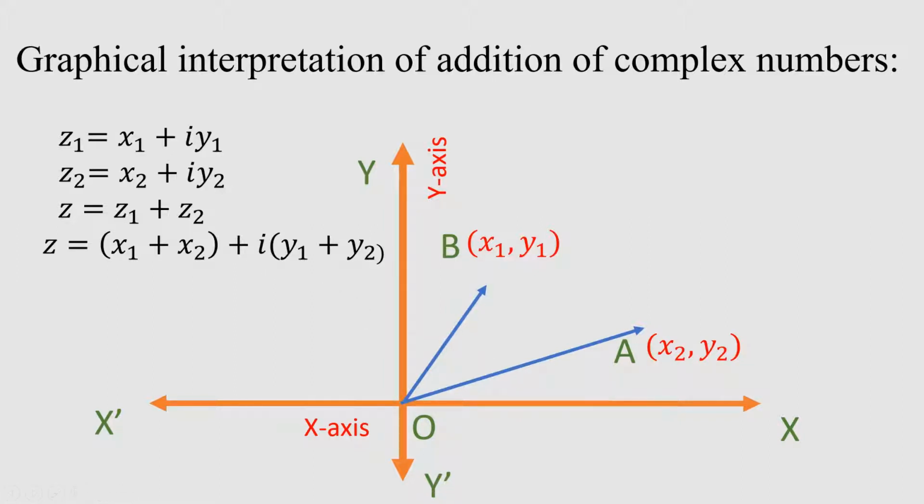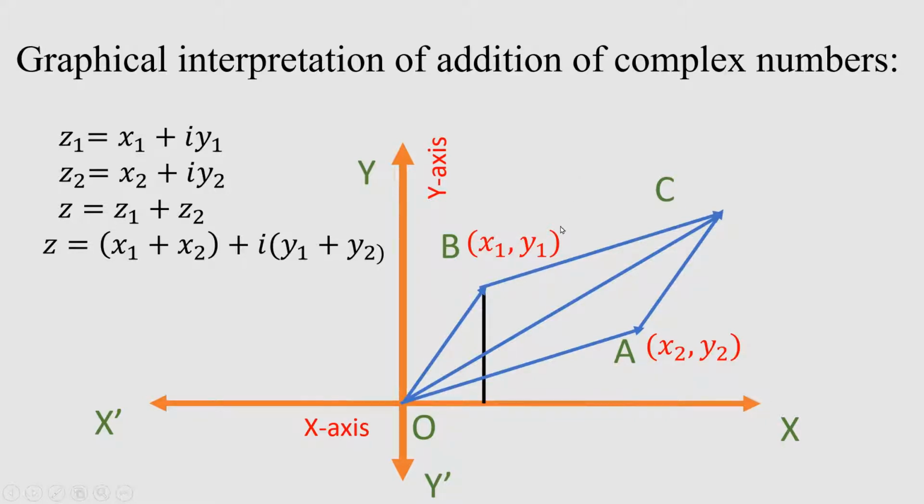Now taking OA and OB as two adjacent sides of a parallelogram, if we draw a parallelogram, then this point C represents the sum of the complex numbers and OC is the modulus of the complex number Z. We have to find the coordinate of this point C. For this, draw a perpendicular BM